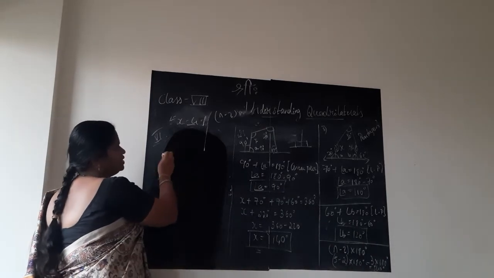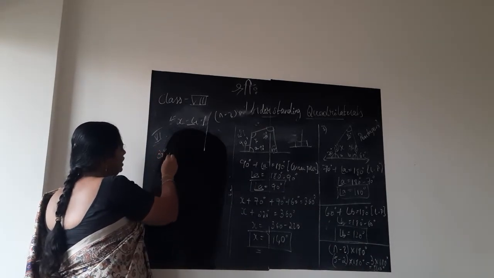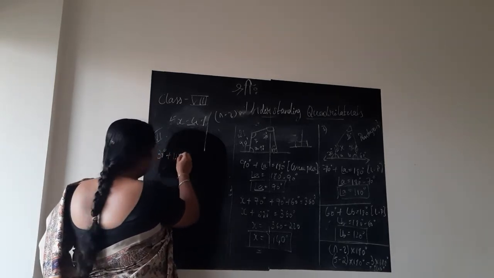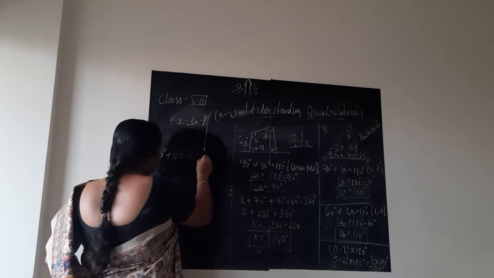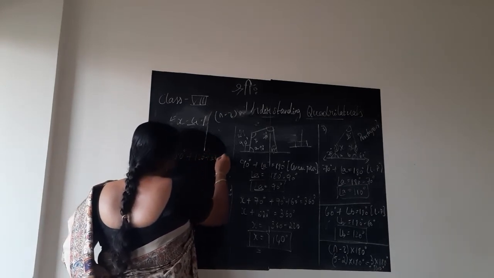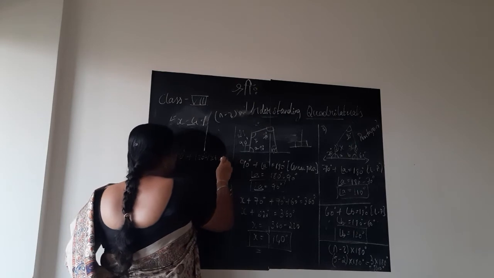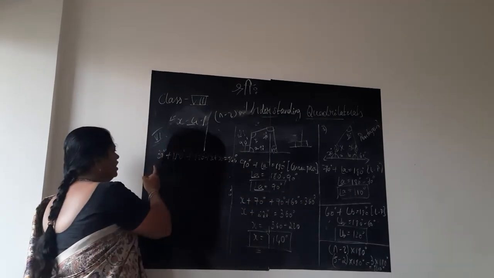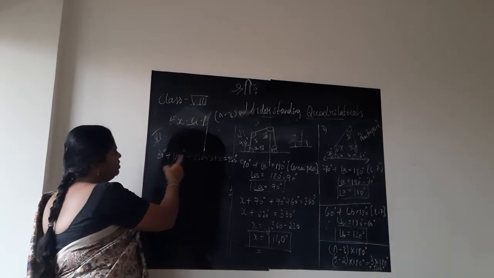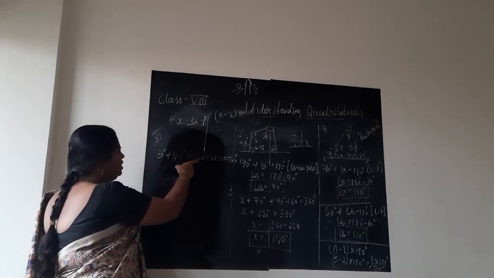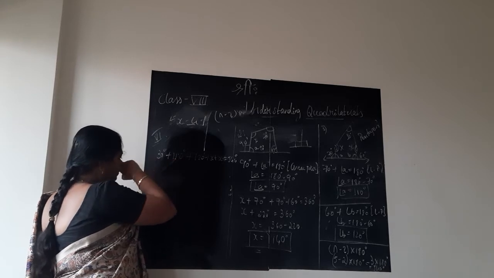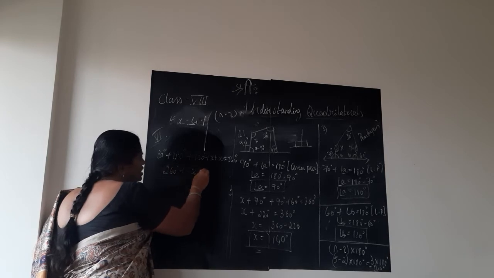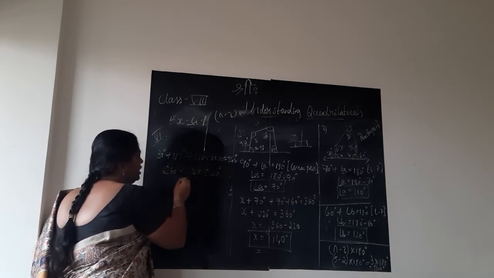So, now take the sum of the angles. 30 degrees, plus angle A which we found to be 110 degrees. Angle C is 120 degrees. The other 2 angles are x plus x, and their total sum, as we just found, is 540 degrees. Now add all these. 100 plus 100, 200. Plus 20, 220. Plus 10, 230. Plus 30, 260. 260 degrees plus 2x is equal to 540 degrees.